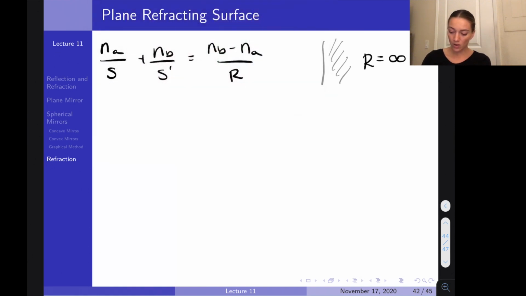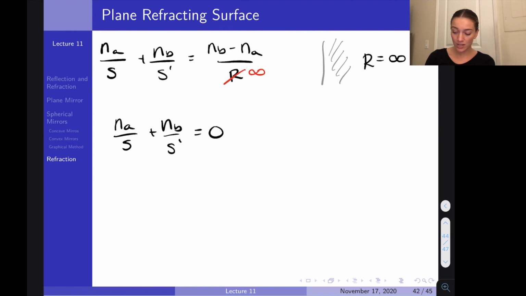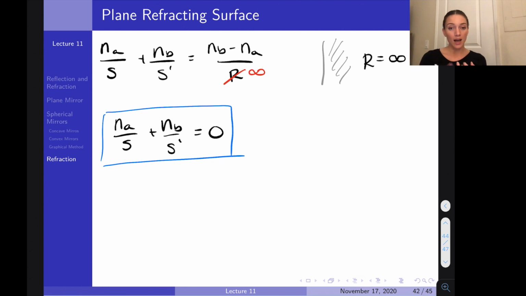If I replace R with infinity, that means this term goes to 0, because now I have NB minus NA, whatever that is, divided by infinity, so that will give me 0. So for a plane refracting surface, I get NA over S plus NB over S prime is equal to 0. That's my equation that relates the object distance and image distance for a plane refracting surface. And again, I forgot to write a special slide for that, but I'll put a slide in when I upload